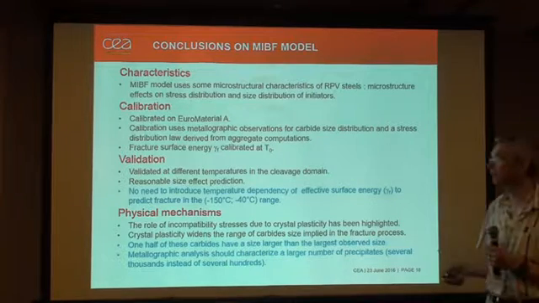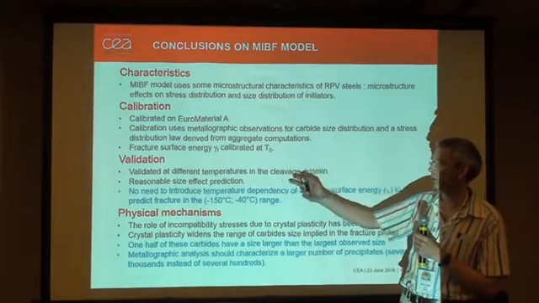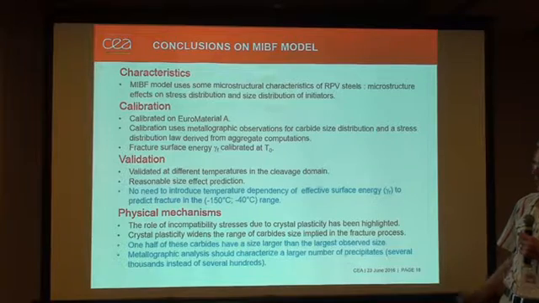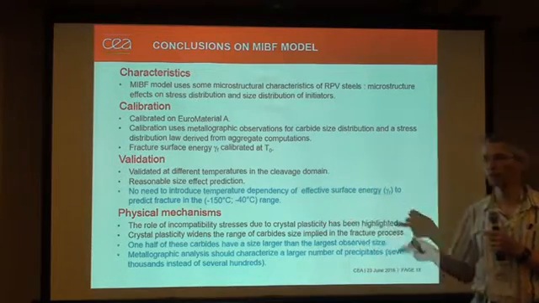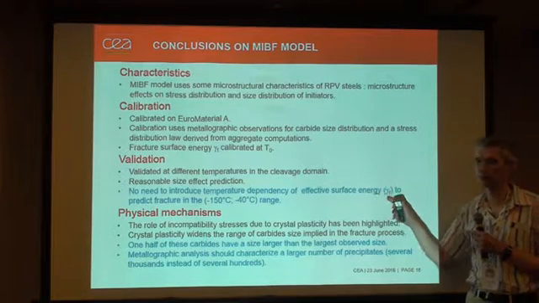The model was validated at different temperatures in the cleavage domain with a reasonable size effect prediction. One important point is that we don't need to introduce any temperature dependency on the effective surface energy,